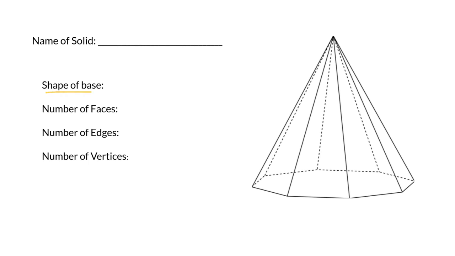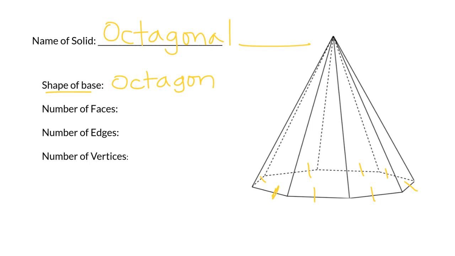Okay, so we're going to start with the shape of our base. And the shape of our base is going to be a little bit easier to see on this solid because it is transparent, or easier to count. I'm going to start by counting 1, 2, 3, 4, 5, 6, 7, and 8. So we know that our polygon that is the bottom of our figure is an 8-sided shape, which we know is an octagon. Okay, I'm going to put that up here. This is going to be an octagonal